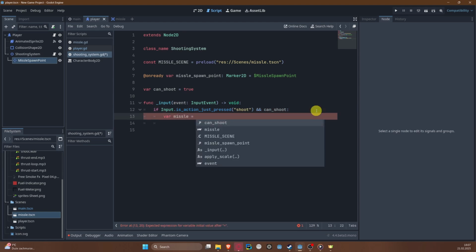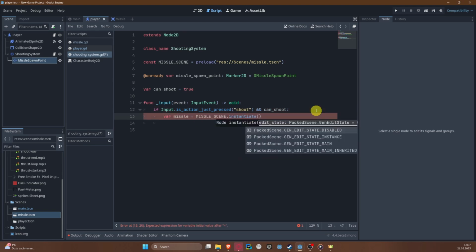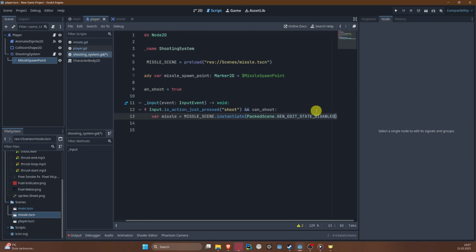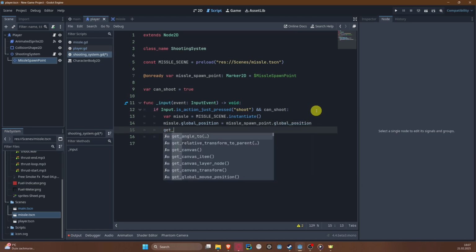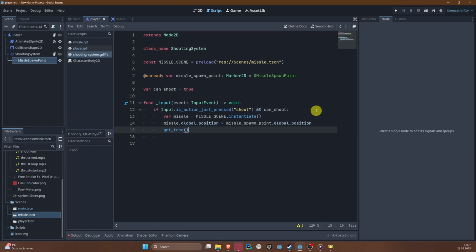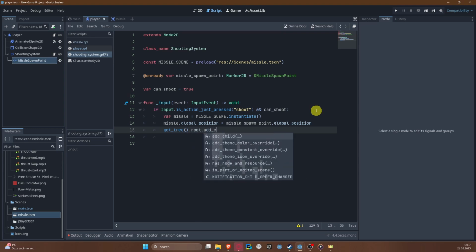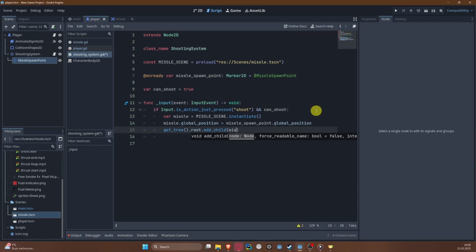Missile is equal to missile_scene.instantiate. We need to set its global position to missile spawn point global position. We need to add it to our tree, so get_tree().root.add_child(missile),